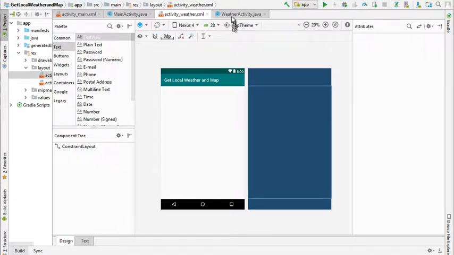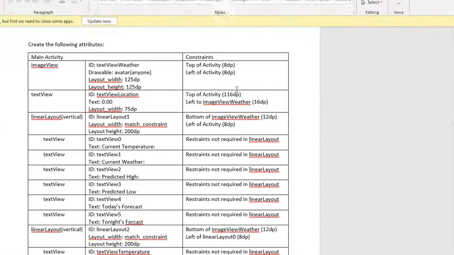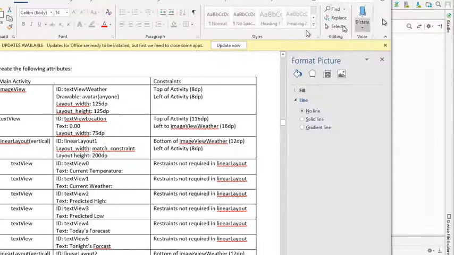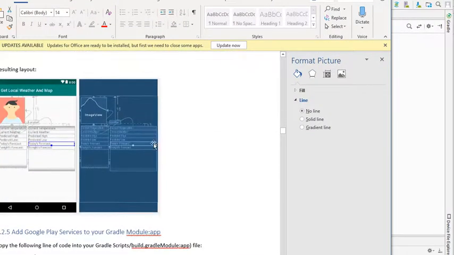Next thing we're going to do is lay out this weather activity, okay? And if I go to my document right here, I can see down below what it looks like. I'm going to end up with the image view here and a little text view here, and then I'm going to have text views right here within what they call linear